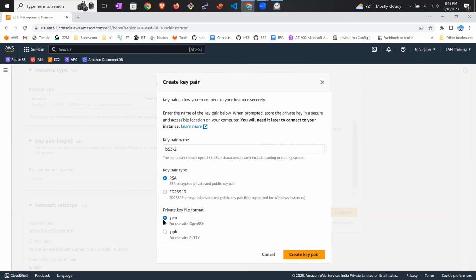There are two types of private key formats: one is PEM and another is PPK. If you're using Windows and Putty, you use PPK, which is a Putty private key, meaning you need to use Putty to connect. If you're using a MacBook, prefer downloading PEM. For MacBook, I would like to download it today